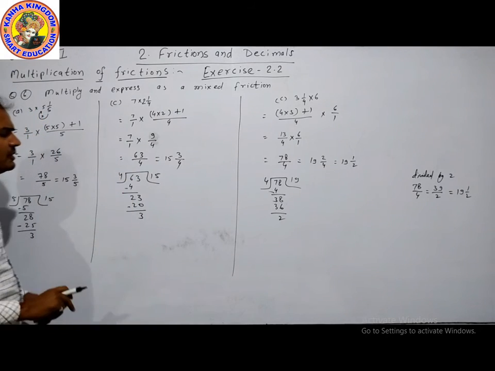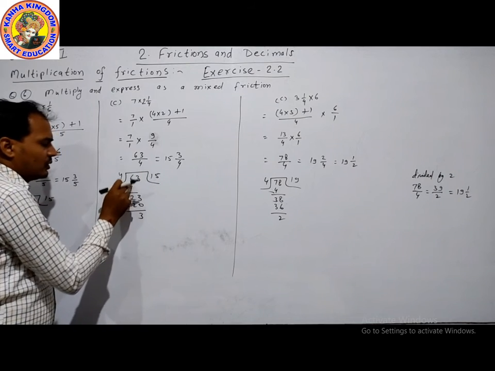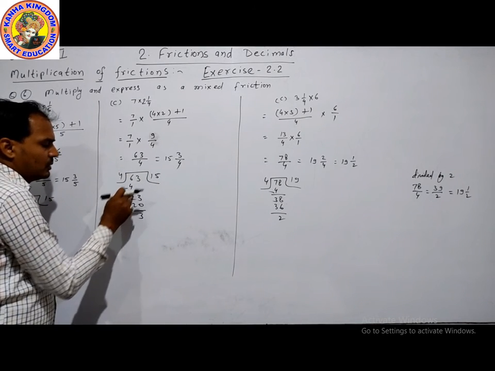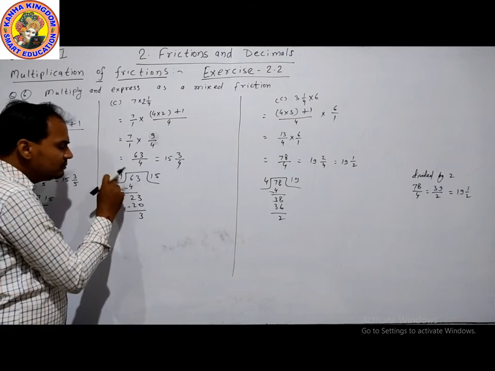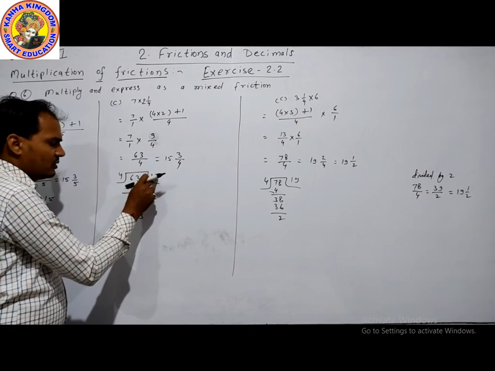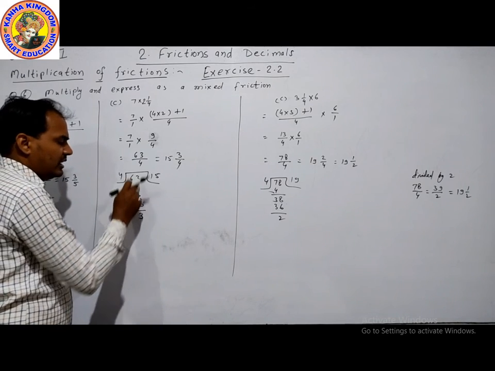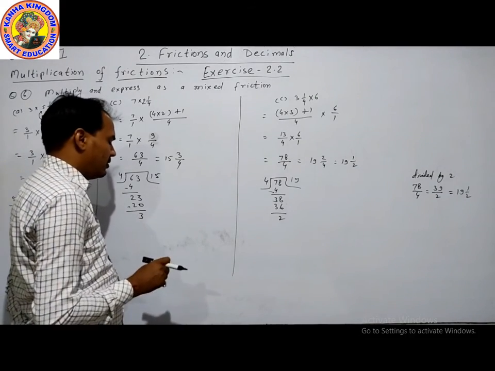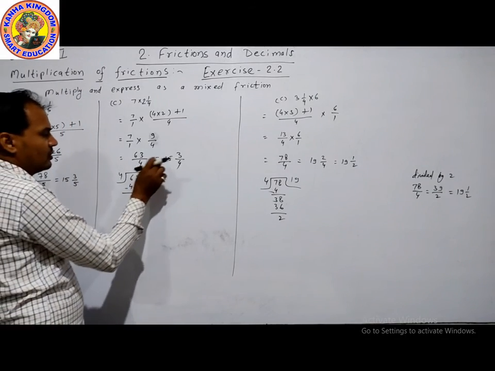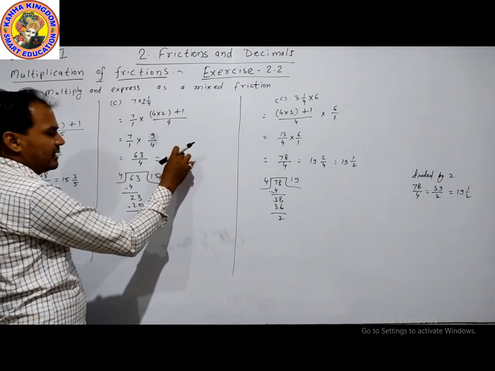When we divide 63 by 4, the first digit is 6, 1 time 4. 6 minus 4 is 2, next digit is 3, 23. 4 times 5 is 20, minus, the answer is 3. There is no other digit. 3 is less than 4, so we cannot divide again. The answer is 15, the remainder is 3, and the divisor is 4.